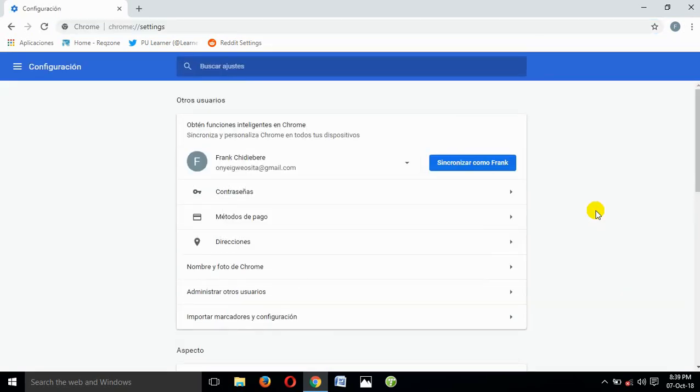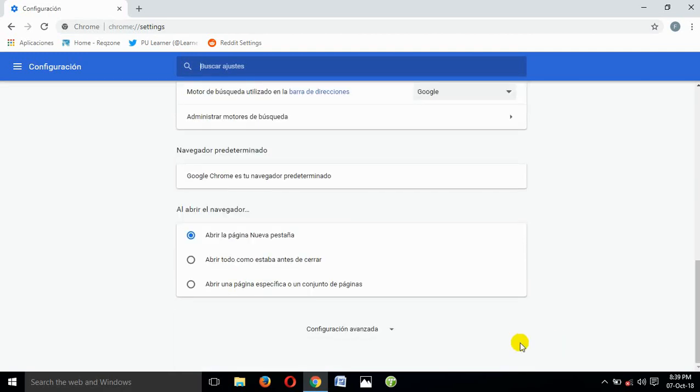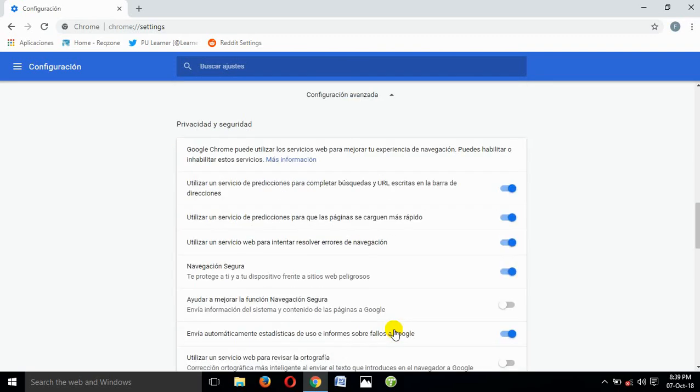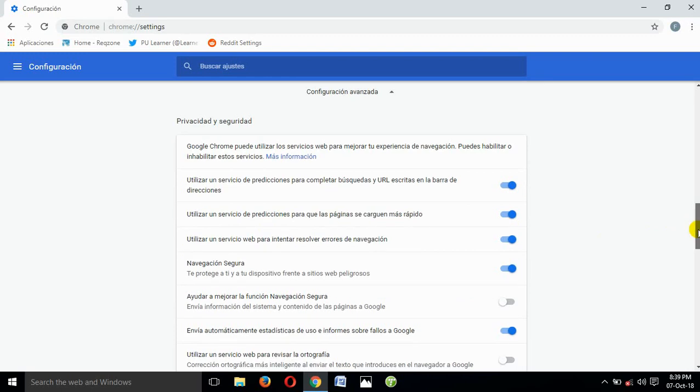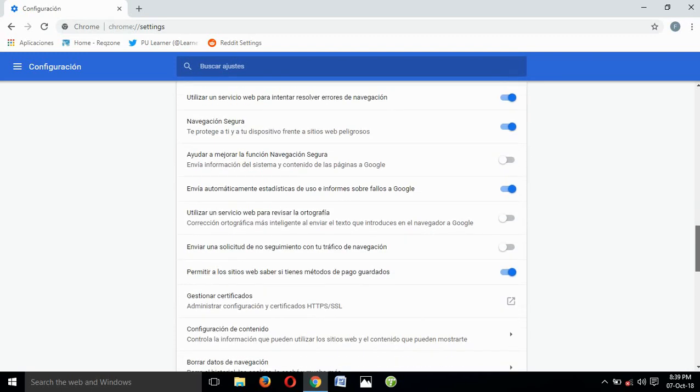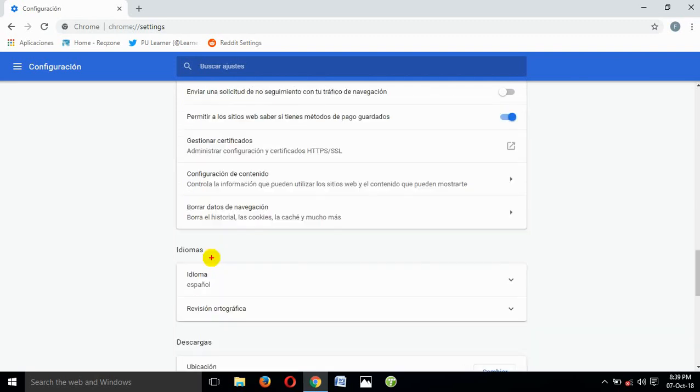Okay, scroll down to the bottom of this page and click here. The next thing you have to do is to scroll down again a little bit this time around. Actually, this means language, so you have to come down here, click here,